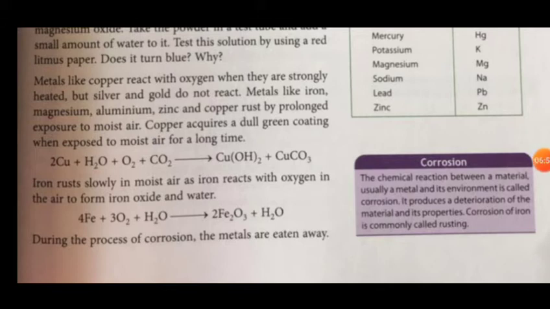A metal like copper, on exposure to moist air for a long time, acquires a greenish coating due to the formation of copper hydroxide. Therefore, copper vessels become green when they remain out of use for long. In the process of rusting as well, iron rust is formed when the iron reacts with the oxygen present in the moist air.